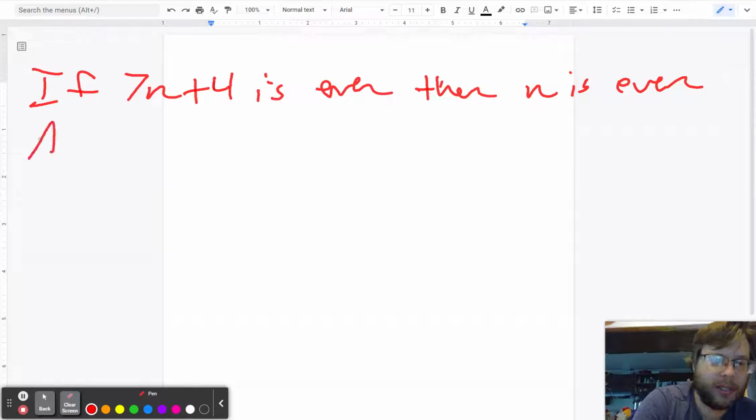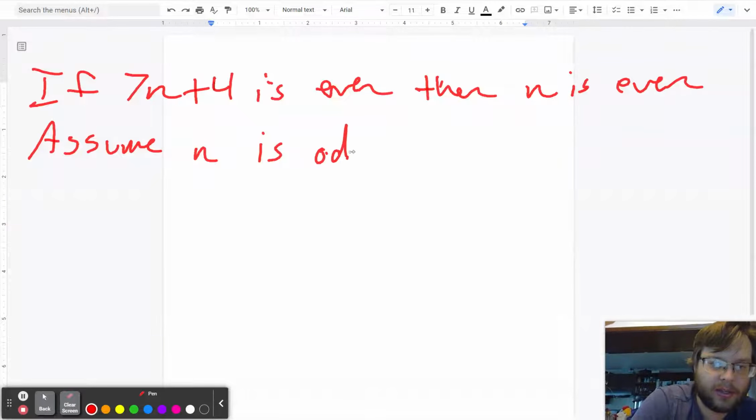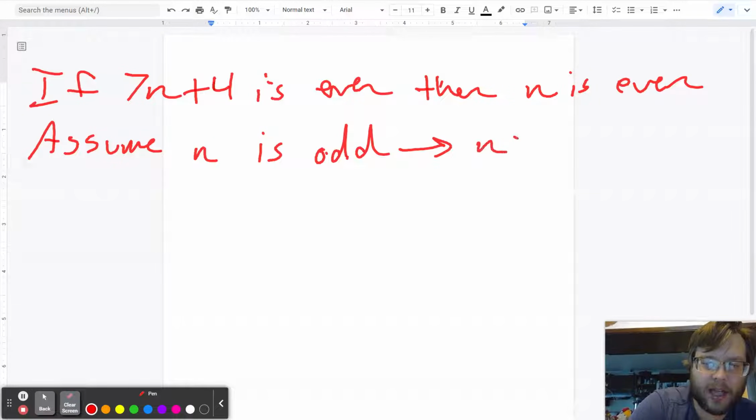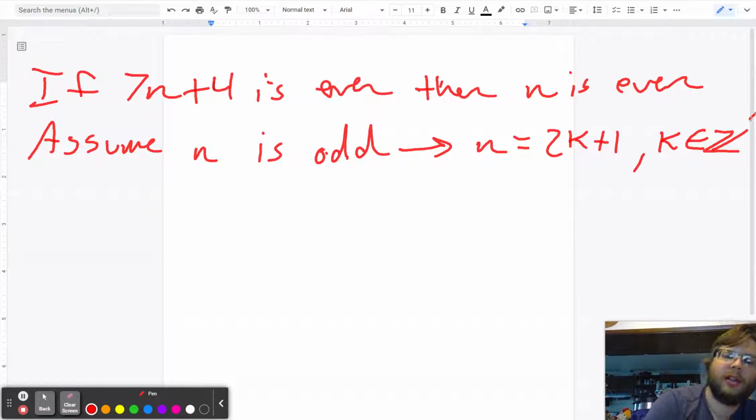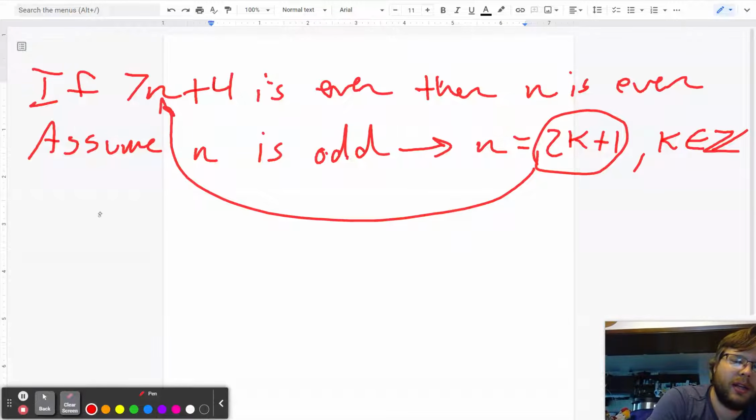So I'm going to say assume n is odd. And so if I assume n is odd, then I can write n as 2k plus 1 for some k that's an integer. Then I can substitute that right here. And I would say that means that